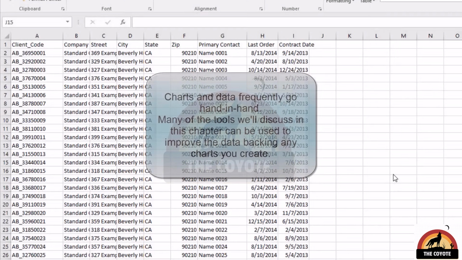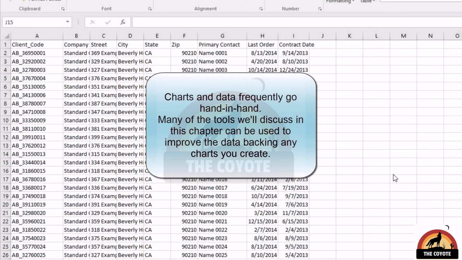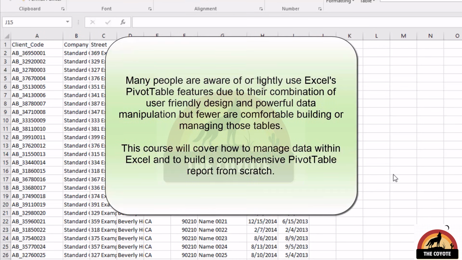The last chapter covered visualization of information using charts. In this chapter, I'm going to discuss how to appropriately manage, store, and manipulate data within Excel using a variety of tools. The most commonly known data management tool in Excel is the pivot table. However, we're going to build up to that point by looking at some more simple data handling practices,